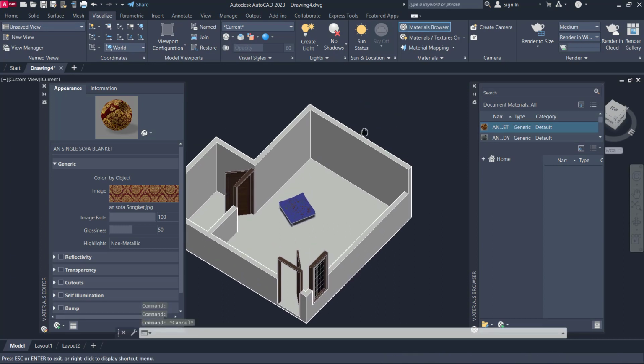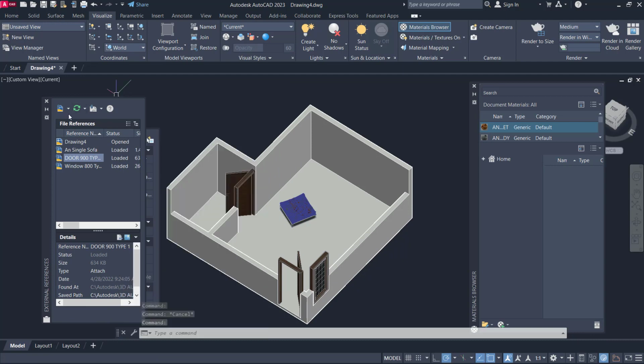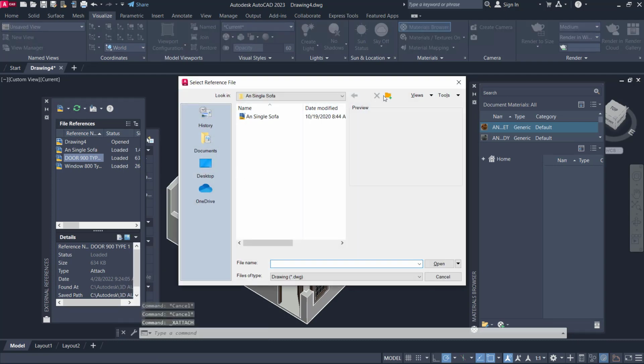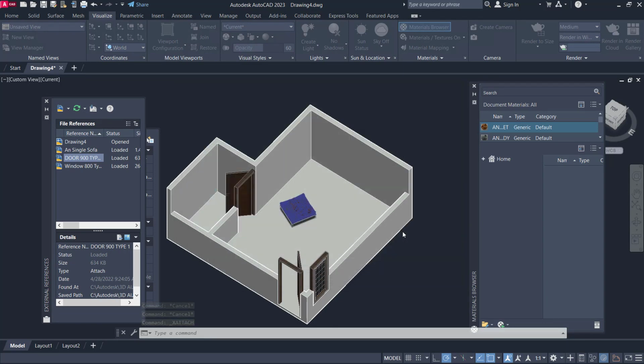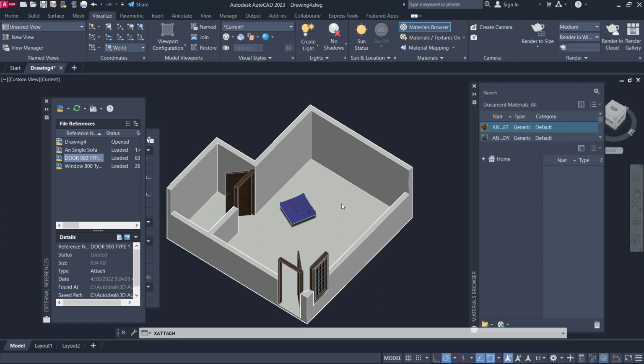We insert again the other furniture. Okay, in here use sofa. Okay, and I will insert at this point.